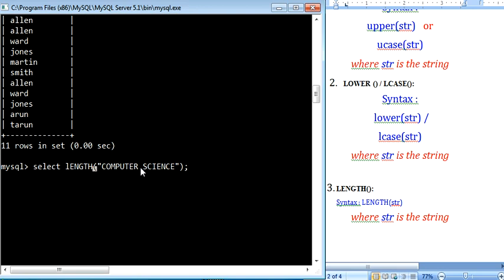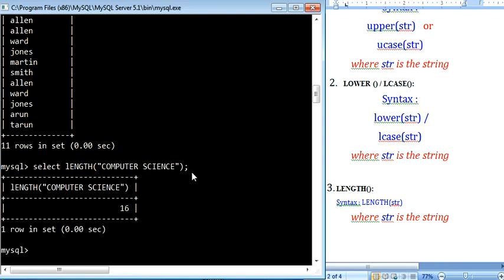Computer: 1, 2, 3, 4, 5, 6, 7, 8, then the space, and science, up to 16. So including the space, 16 characters are there, and you will get the same output. Whenever you want to find the length of a string, it will count all the characters including letters, digits and spaces.